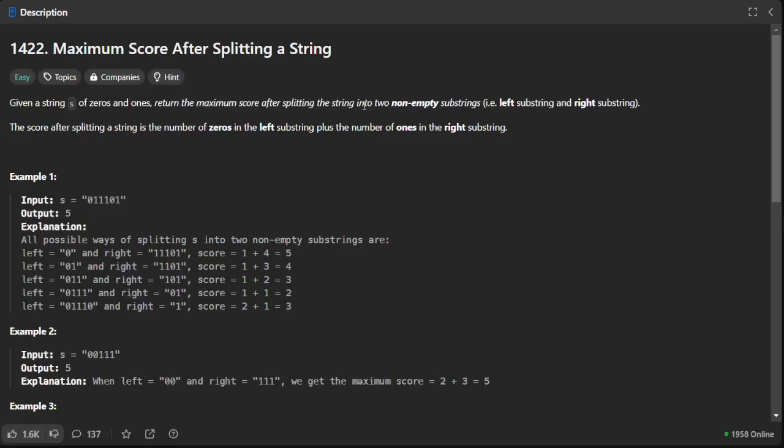In this video, we will be discussing maximum score after splitting a string. Given a string of zeros and ones, return the maximum score after splitting the string into two non-empty substrings, that is left substring and right substring. The score after splitting a string is the number of zeros in the left substring plus the number of ones